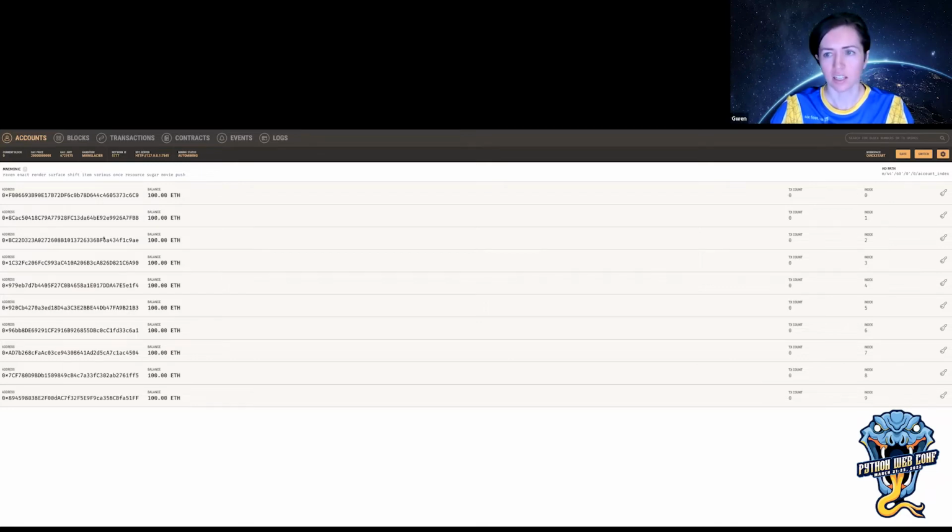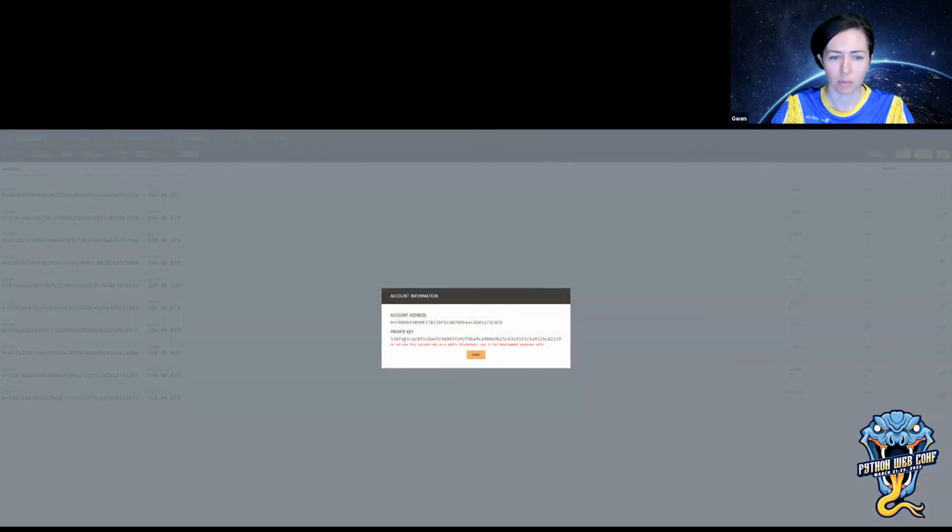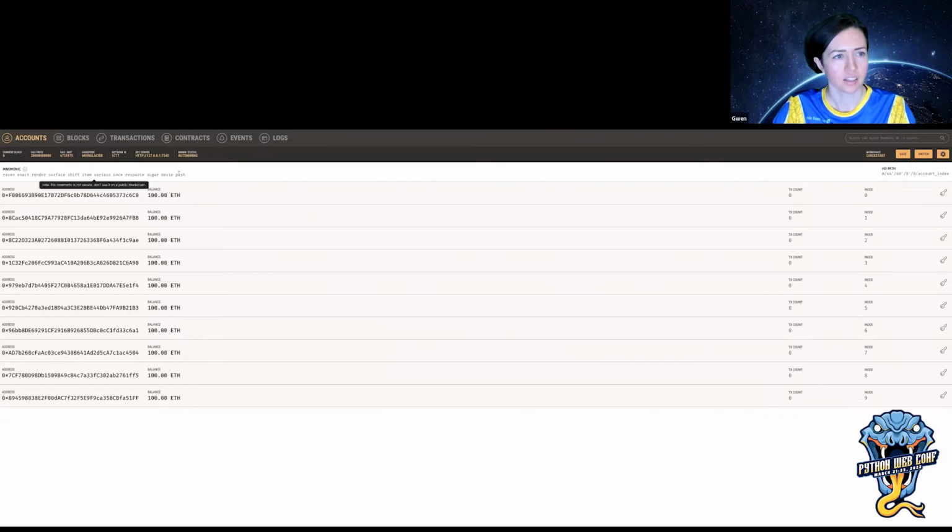So I have these 10 accounts with 10 addresses. It also gives me access to the private key here. Of course, really, I wouldn't be showing my private key, but here it doesn't matter since these are just test things that were generated. If you're wondering what this mnemonic phrase is, you'll see this in different wallets on the blockchain. Like if you use the MetaMask browser plugin, this is basically a phrase that is used to generate all of these accounts. And they will generate all of these accounts in order.